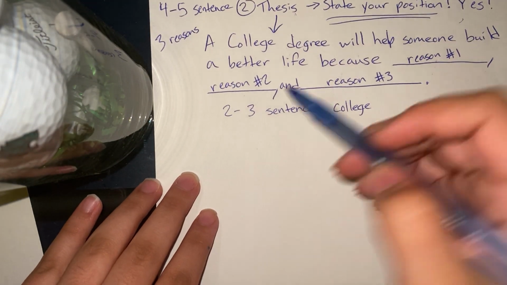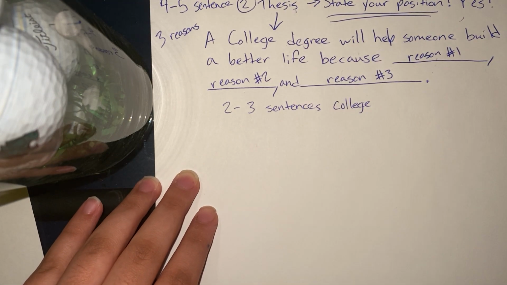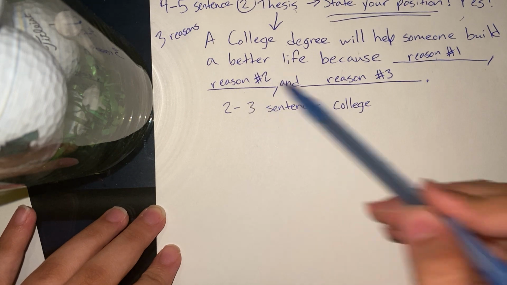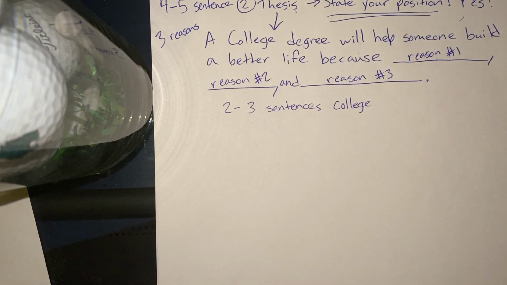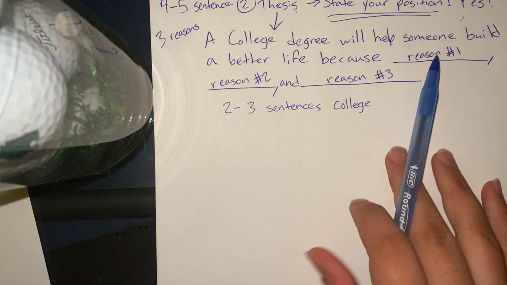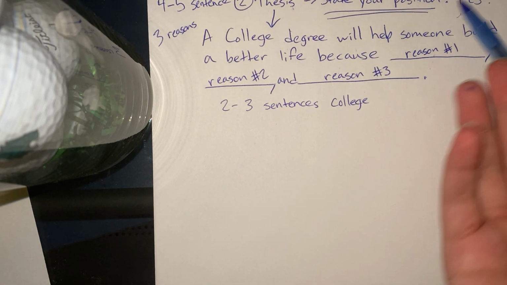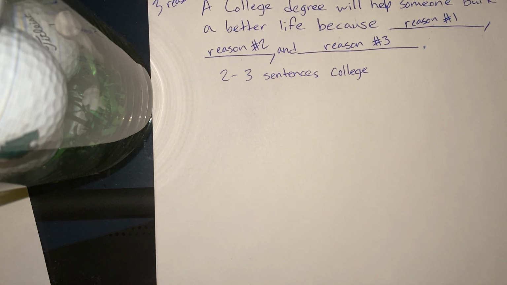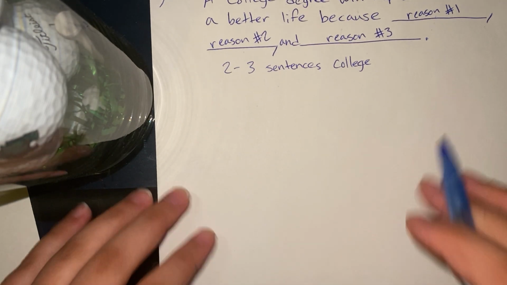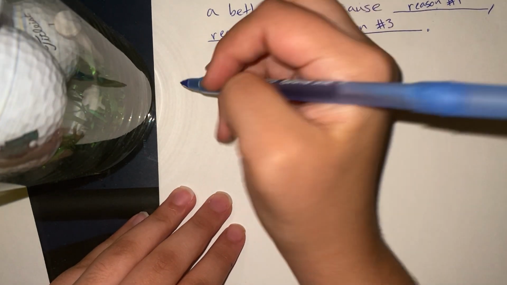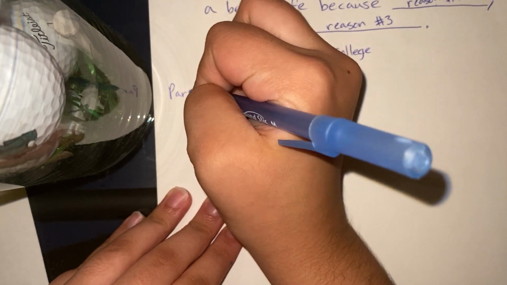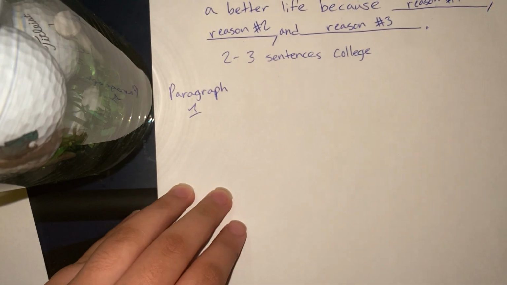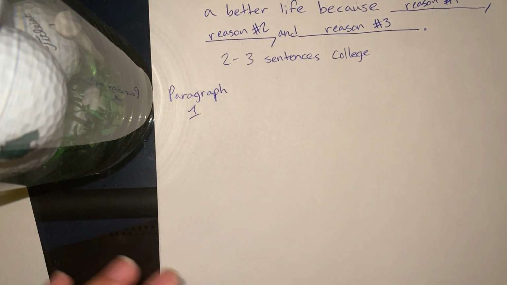So after that, that wraps up your intro, right? You could do 2, 3 sentences, basically expanding on any of these reasons, or expanding on college degrees, or how important a college degree can be, or how not important it is. But that's pretty much your input. I can't really help you too much there with that. So moving on, we're going to do paragraph 1, right? So essentially, paragraph 1, 2, and 3 are pretty much the same for the roadmap.